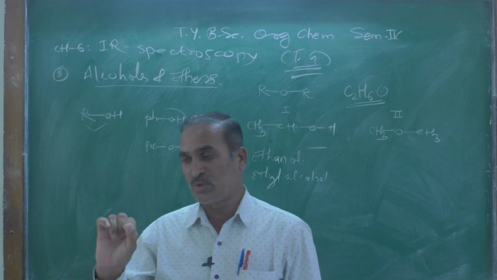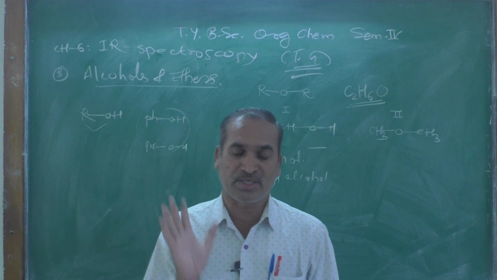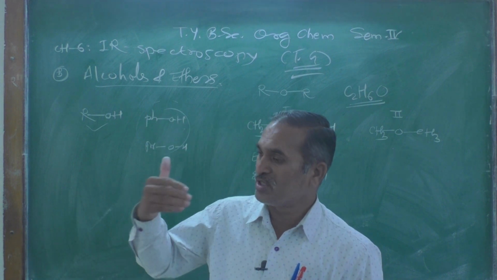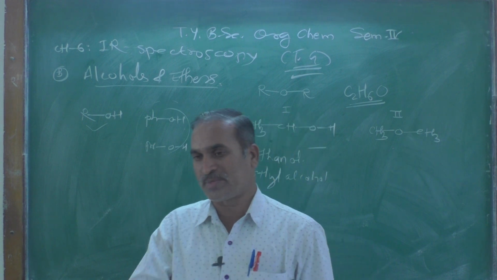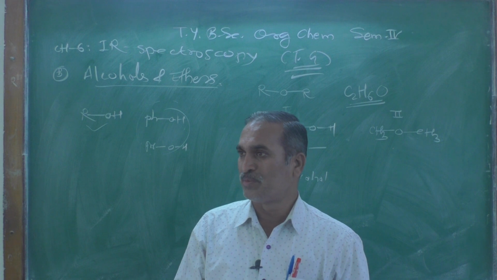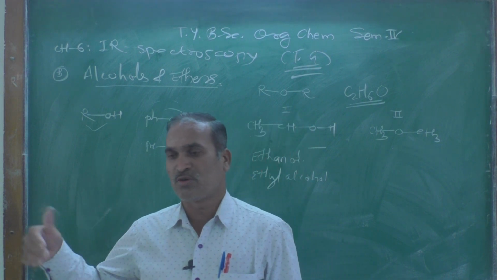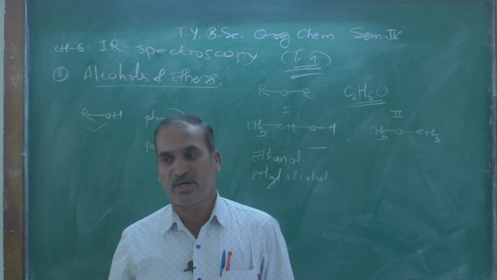Carbonyl groups give an important and prominent peak observed around 1700 per centimeter, which is characteristic of the carbonyl group, and the OH group gives a peak around 2500